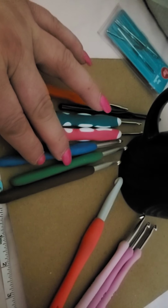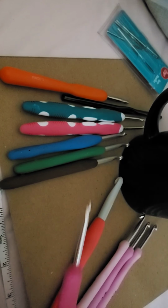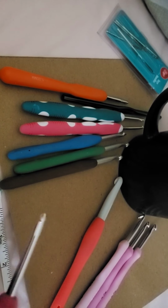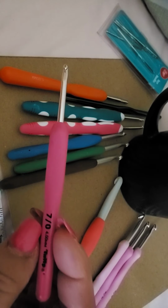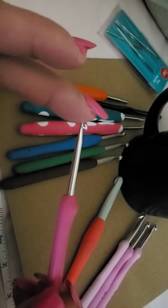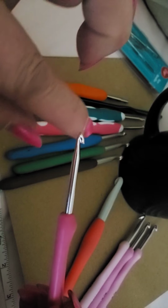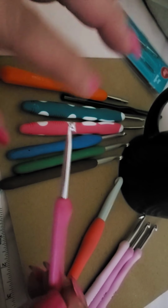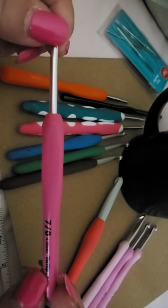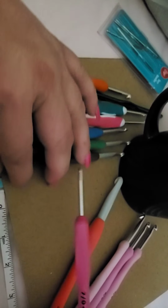The Clover Amours, I love. They're probably anywhere from $5 to $10. It depends on what your pocketbook and what you're comfortable with spending, that's all that matters. Now, these are the same also. And you will find that the heads here are a little different. Some have more of a pointy head, some have more of a rounded head, and you'll get into all that later. But these are just the ones that I have that I wanted to share with you on the sizing,